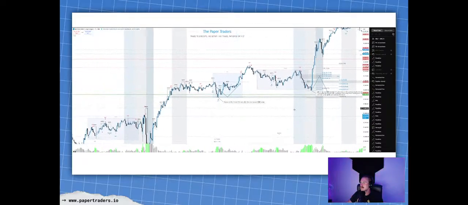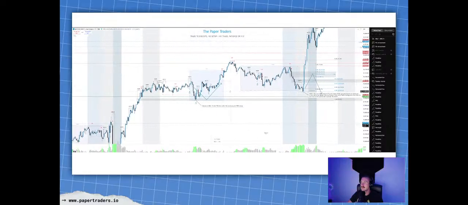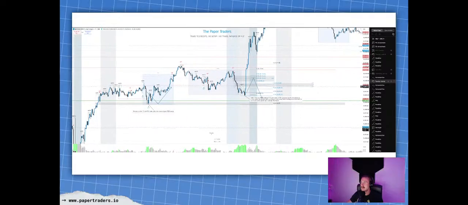Let's go into Tuesday. Initially, we said we had this 15-minute fair value gap where price could eventually retest and tap into it. We saw a bounce, so price tapped into it. We got a bounce. We were trading above that previous daily high, and price continued to trade above it going into the New York session open. We took the OTE of the overnight range, just the whole range, so Asia session low to overnight high. Price tapped into the 705 here, sweeping the London session low as well. So that gives us that reversal back to the upside.